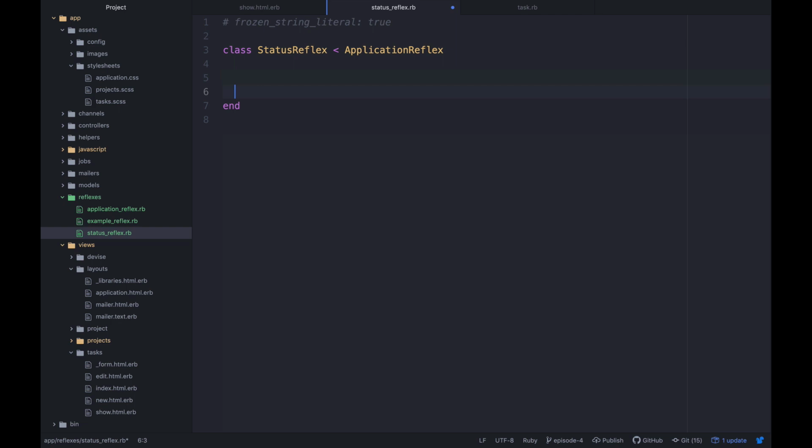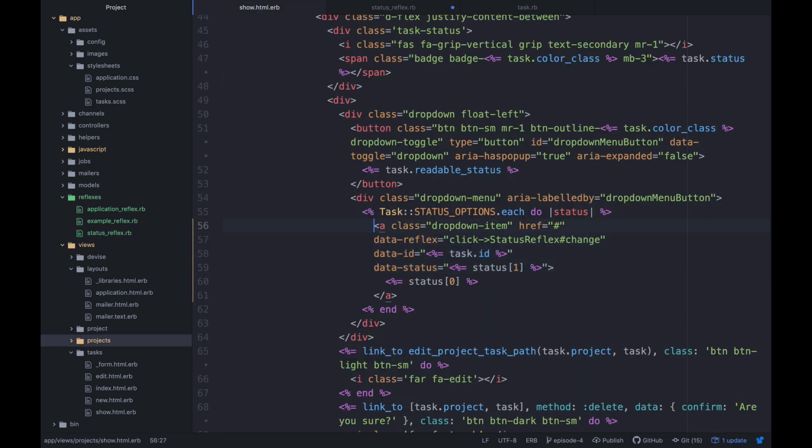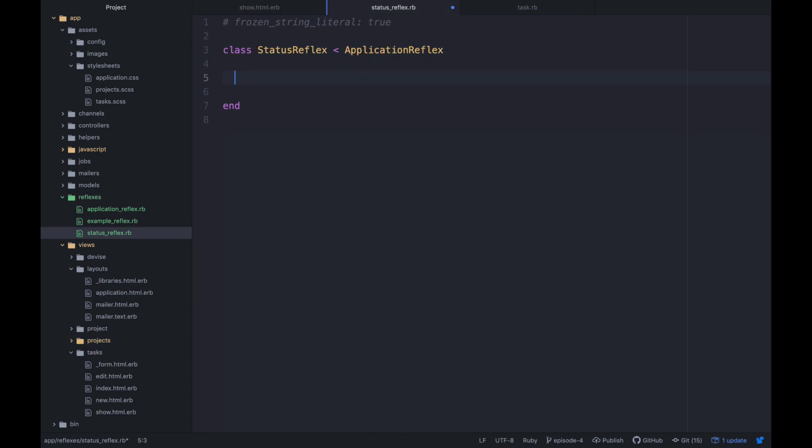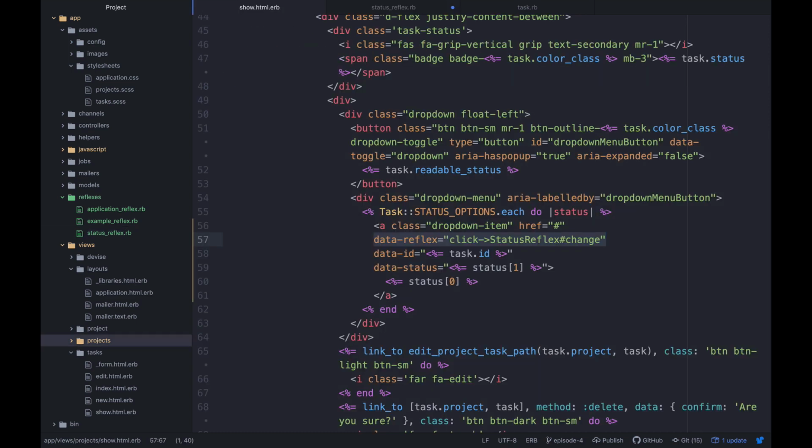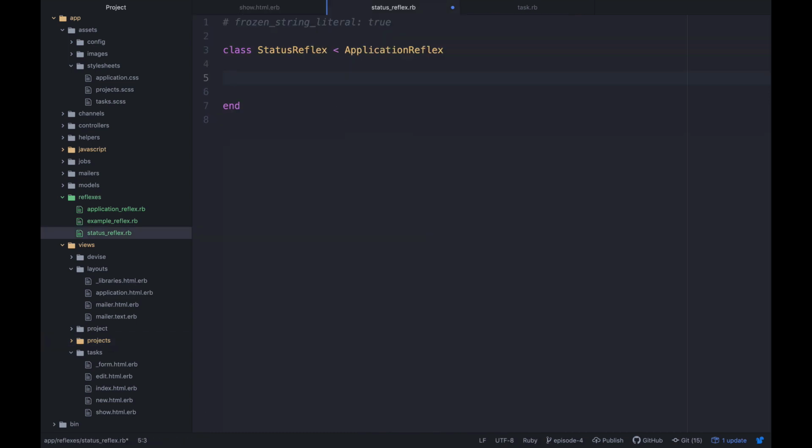And remember what we said over here was that we wanted a method called change. So let me just make sure that I typed all that right. Status reflex change. And so we'll write a method over here, change. Now, whenever you hit this reflex method, there's some stuff that's made available to you automatically. And so what we want ultimately to do is to look up a task equals task.find,